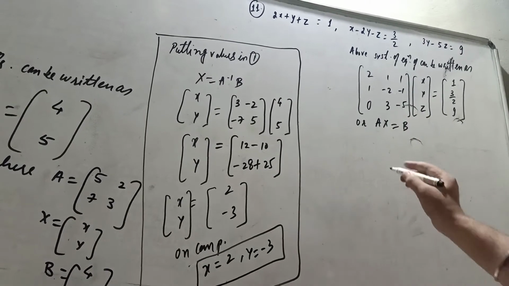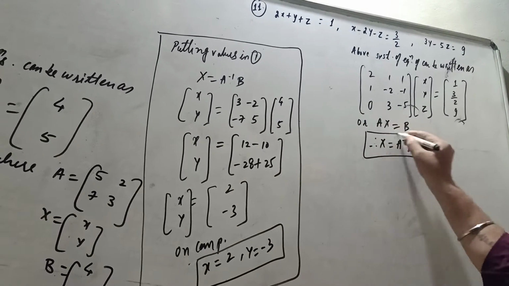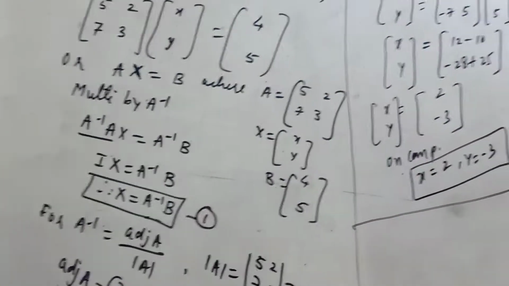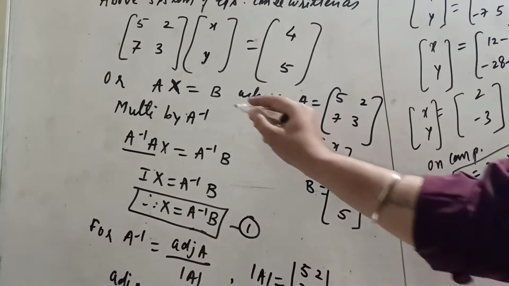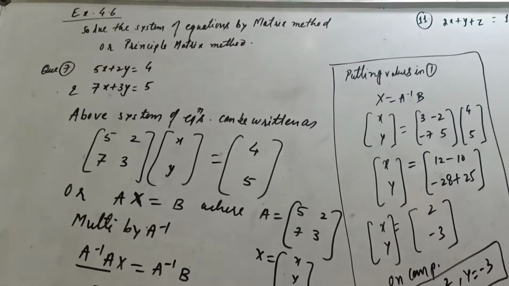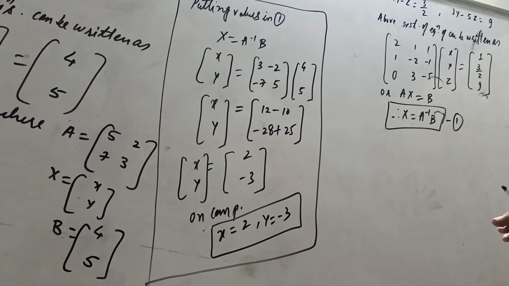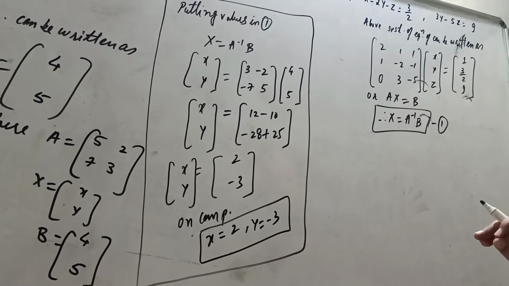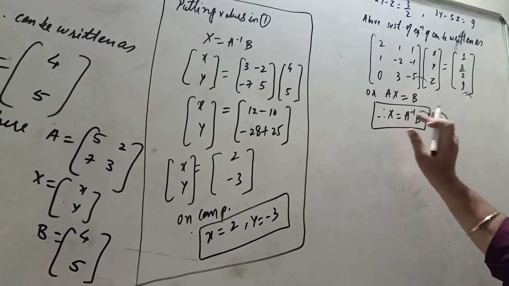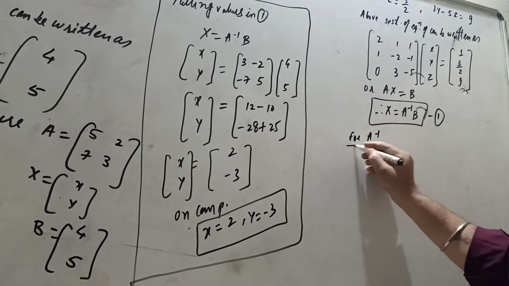I have given the explanation of how to get X = A inverse B. In the previous question I explained it, multiplying by A inverse. Here I am directly writing it. If you want 100 out of 100, you have to explain this step also. But I have already explained this in question number 7. So directly I am writing X = A inverse B. If a child is getting 100 out of 100, each and every step will be checked. So be careful. Now we have to find A inverse. For A inverse we are starting the working process.